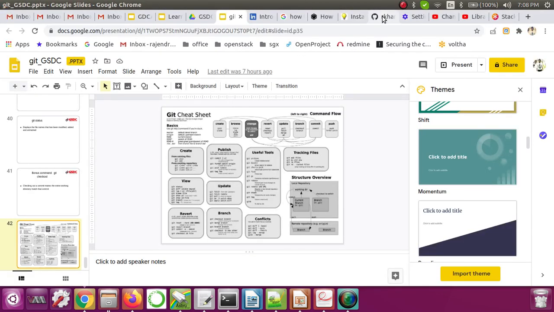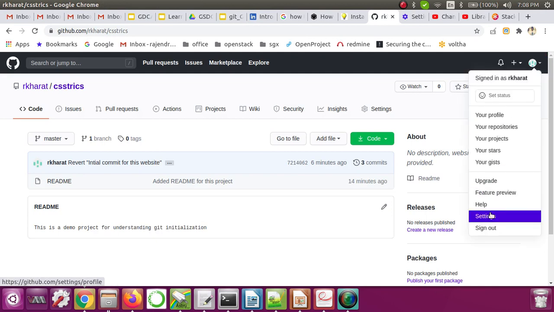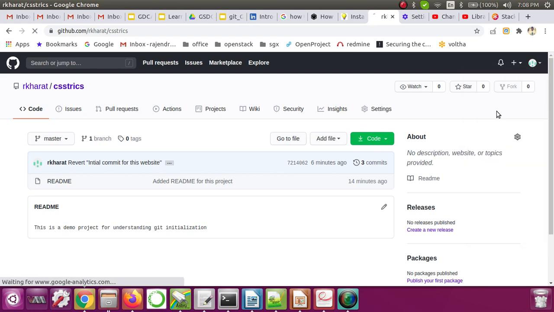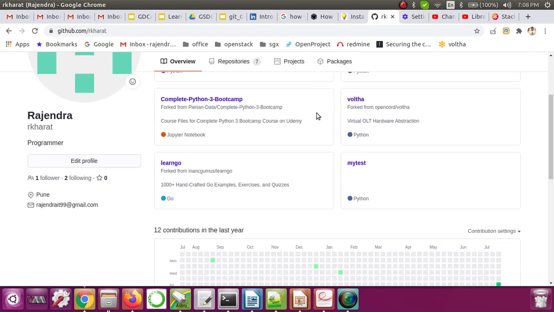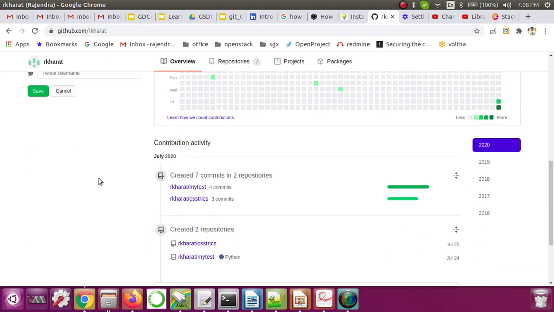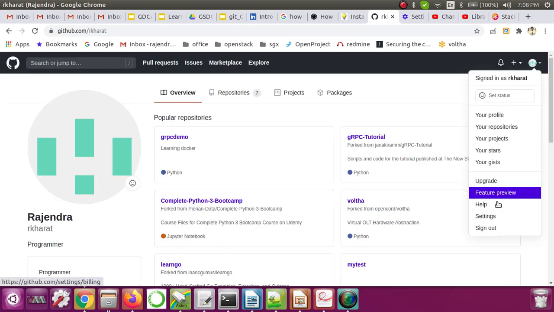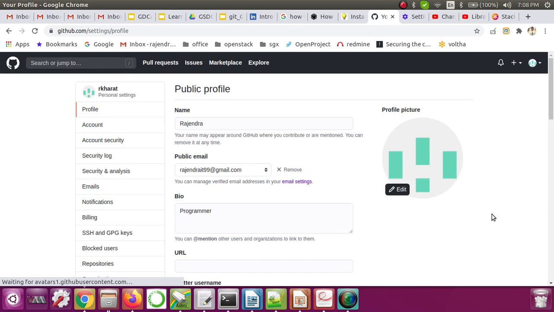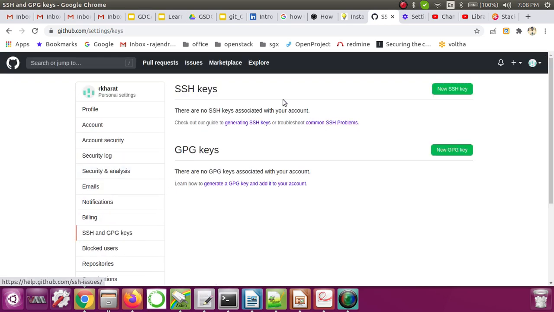Go to your repository, and there must be a settings option or your profile option. Go to that, edit profile. We have to go to the settings part. Inside settings there is the SSH and GPG keys option, so we have to add the SSH key.